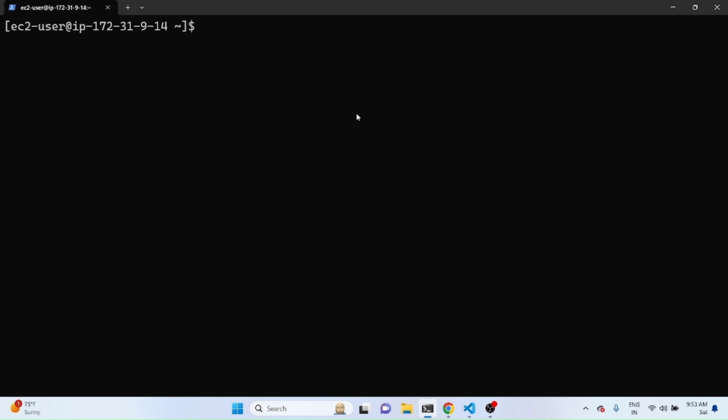Okay, for creating the user and group, you have to become the sudo user, or we have to become the root user. So I will become the root user using sudo -i. So now I am the root user. Okay, so first of all, we will see the entries into the group